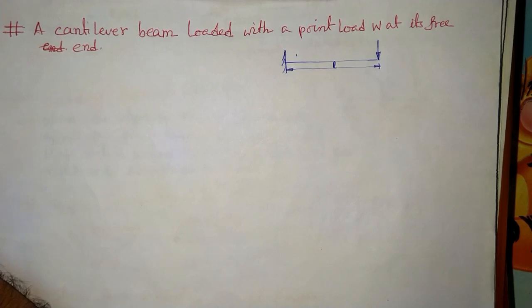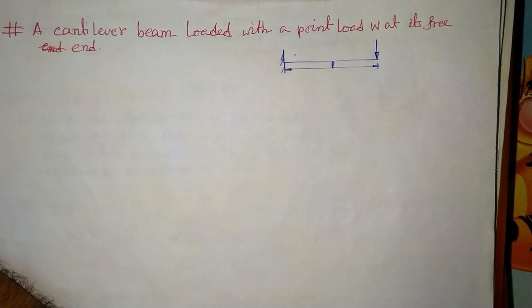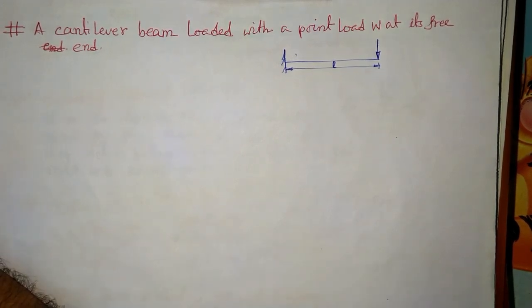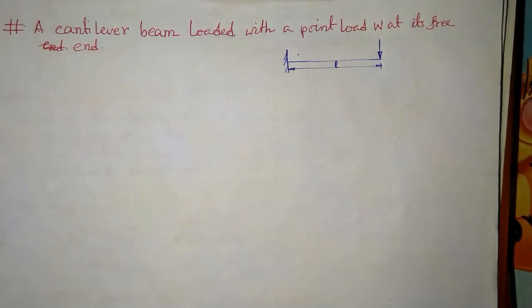So last class we discussed what a beam is. Then we saw the types of beams. After that we saw the different reactions at different supports. Then we saw the types of loading. After that we discussed what shear force is and the sign convention for shear force. Then we saw what bending moment is, the sign convention of bending moment, and after that we discussed the shear force and bending moment diagram, how it can be plotted, or how I can define this diagram. Okay, so up to the last class we have discussed this.